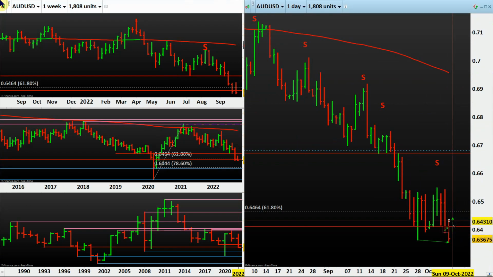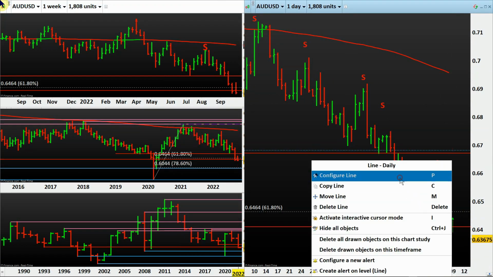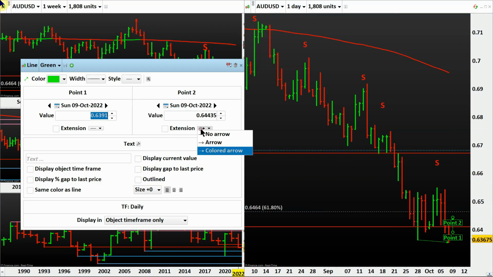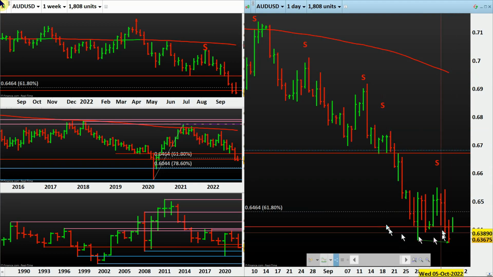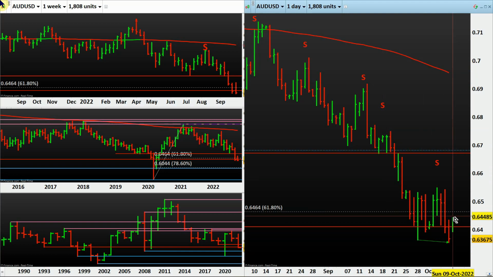Let me draw my hypothetical bar, which may look like this. I'll take the extension as no arrow. Very good. So this is my Monday bar. If the Monday bar looks like this, that means the close is above this line. I'll consider this as a double bottom, and a close above this with the high taken out can be a potential long. So this is the third instrument asset class I talked about.